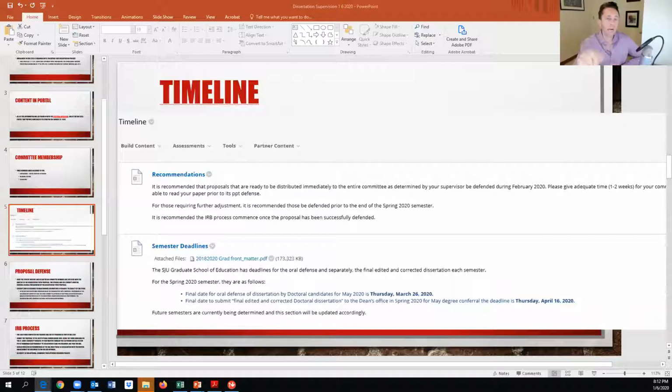So I would send the paper that you have in one file to the supervisor, and talk with that person about when you're going to be ready to defend the proposal. And then once you defend the proposal, you can go forward with the IRB process. Now, do you have something in place with your supervisor, whether it be you or somebody else, and everybody's on board and it's behind the scenes? That's technically your business. But I'm just providing you with a best set of recommendations.